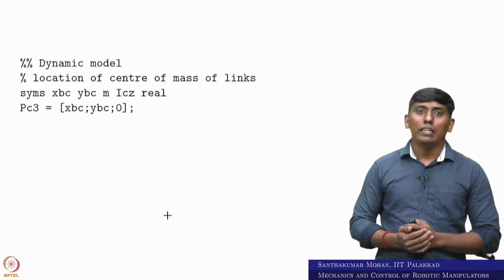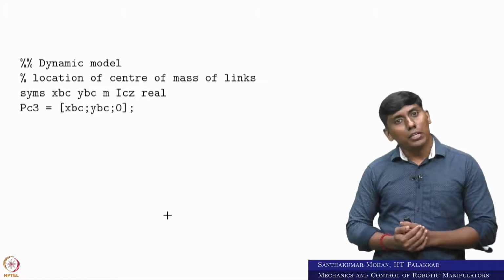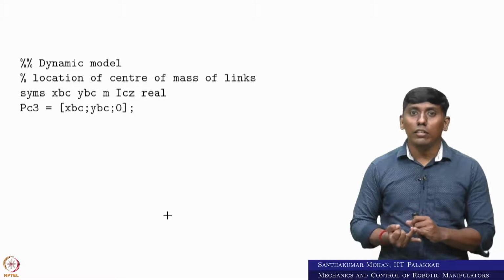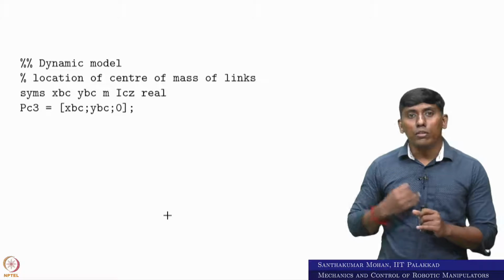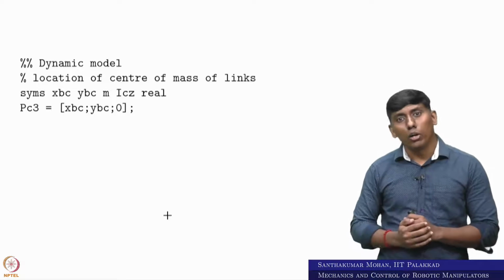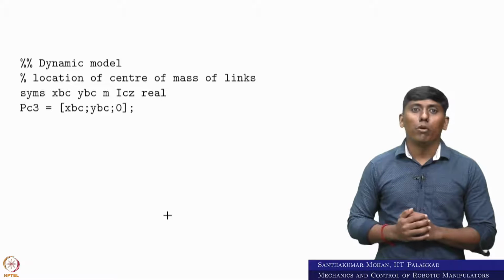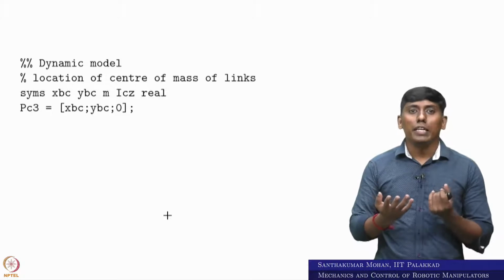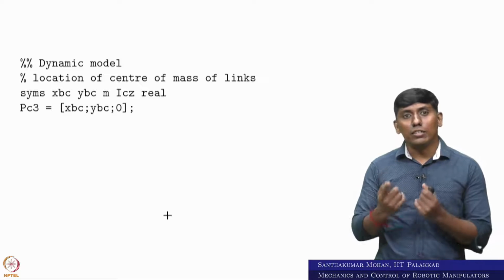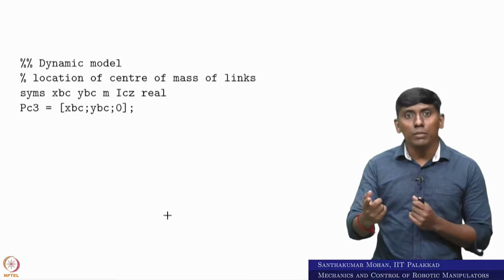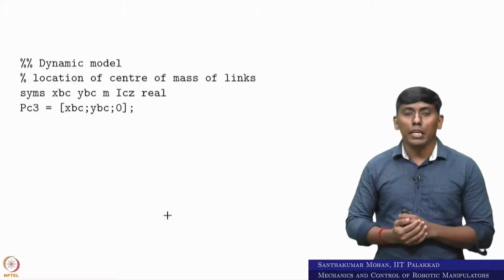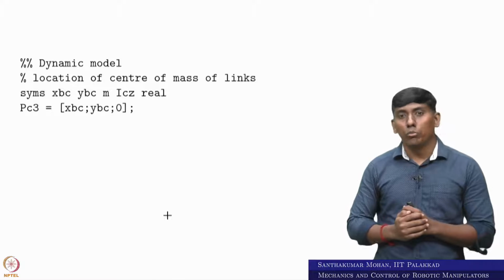Now we want to derive the dynamic model. For deriving the dynamic model, what do you need to know? You need to know the angular acceleration, the linear acceleration and the centroidal linear acceleration. So we will do the forward propagation. For finding the centroidal linear acceleration, you need to know the centroidal location. Here there is only one body, right? Although we have taken 3 virtual links, only one physical link is there. So we consider the centroid only for the third body, where the B frame and the centroid are away. We assume XBC and YBC are the x axis and y axis coordinates.